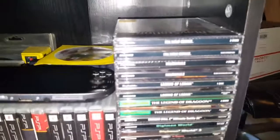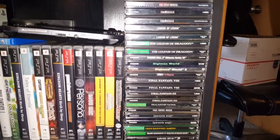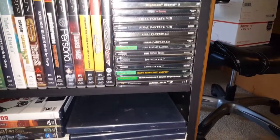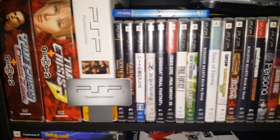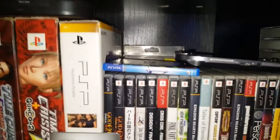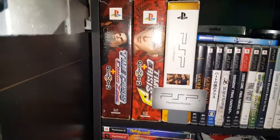The PlayStation 1 games have not changed at all. If you can see, Final Fantasies, Legend of Legaia, Legend of Dragoon, Digimon 1 and 3, Spyro, Final Fantasies, more. I got all of them on here. Parasite Eve, Mega Man 2, Crash Bandicoots, PSP games, PS Vita, One-Way Heroics for the PS Vita, which is also a limited run, which is actually in the Vita right now. 2 Gun-Con games, Time Crisis 3 and Crisis Zone